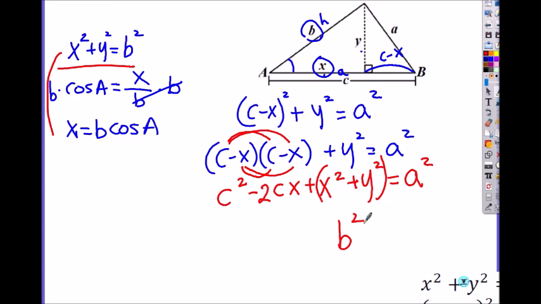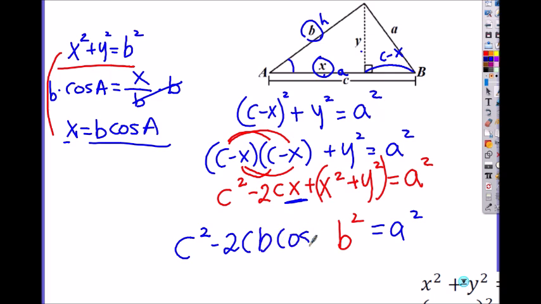B squared. You see how we can substitute B squared for X squared plus Y squared? And it equals A squared. What about this X? So it's C squared minus 2C, but again, you're trying to get rid of the X. What was X equal to? B cosine of A. So this is times C, B cosine of A, plus